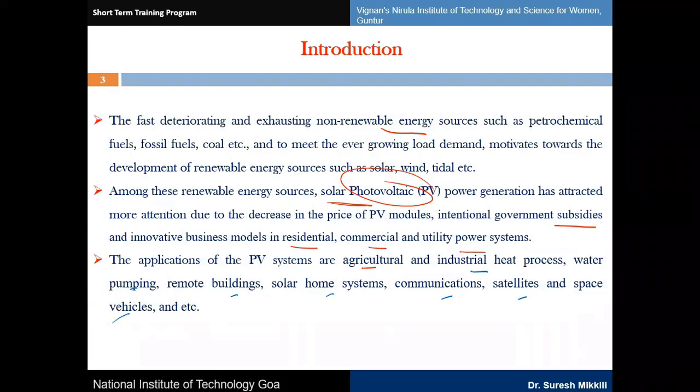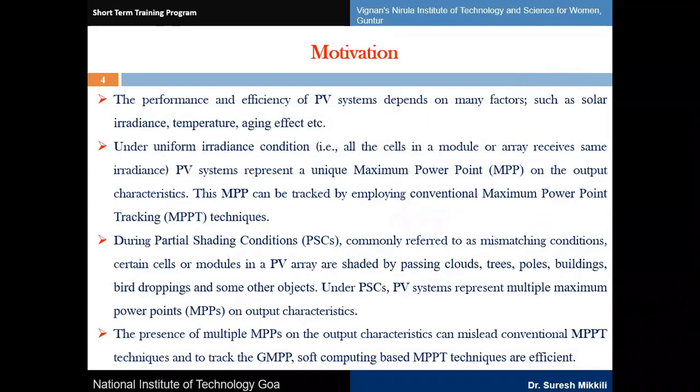I would like to explain the importance of solar PV system configurations, and after that we are going to see how to model the PV module. In this we are going to see the PV modules, then the PV array, then the array configurations. How to model the PV module, what is a PV module, what is a PV array, what type of configurations we have, and then we will see the modeling aspects in MATLAB.